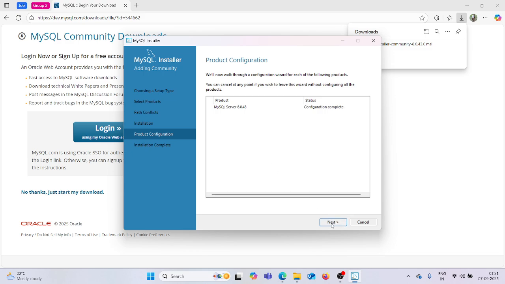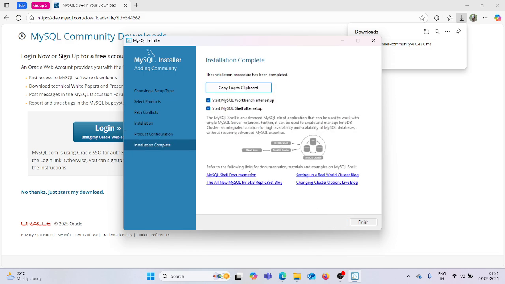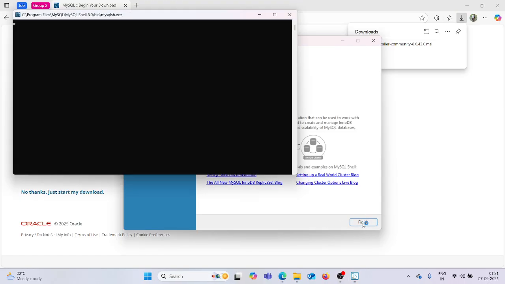So next, then installation complete. You will get options like start MySQL Workbench after setup and start MySQL Shell after setup. Now you can click on finish. Now our installation is complete.